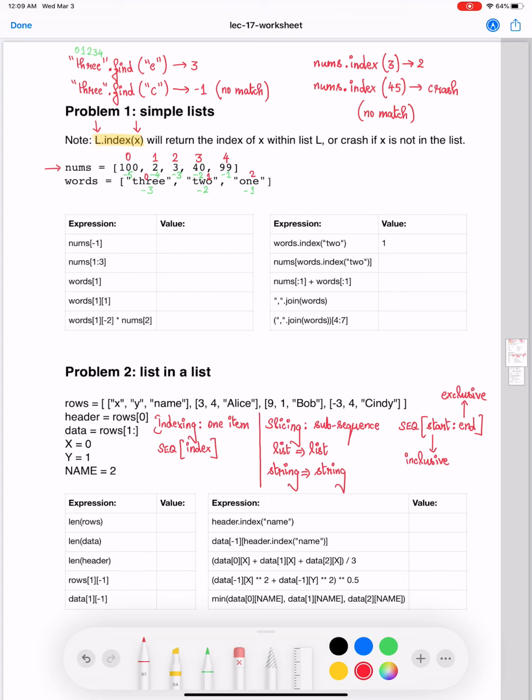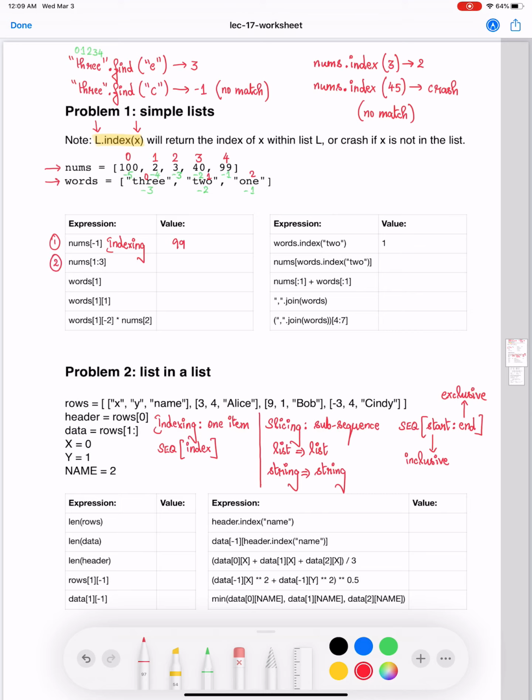Let's get started by going through subproblem number 1. Let's look within the square brackets. We neither have a comma nor a colon, so this particular usage is going to be indexing, correct? We already have 2 examples of definition for lists that's given in the lines of code where we initialize the nums and the words variable, because within the square brackets you have a comma. What is nums of -1? That is simply going to be the value 99 here.